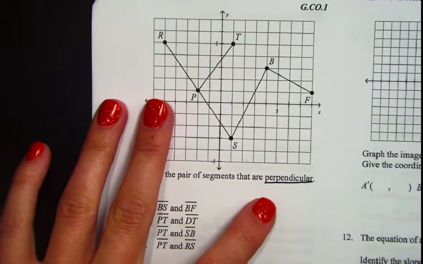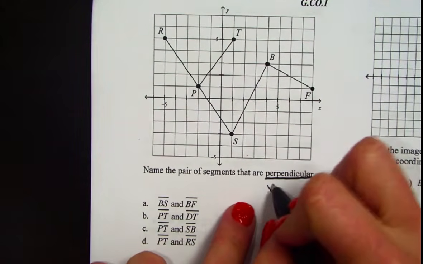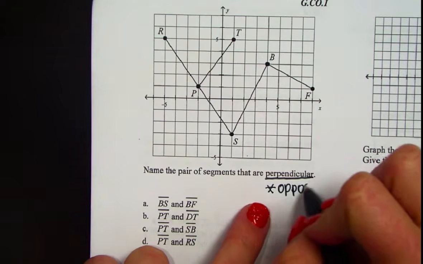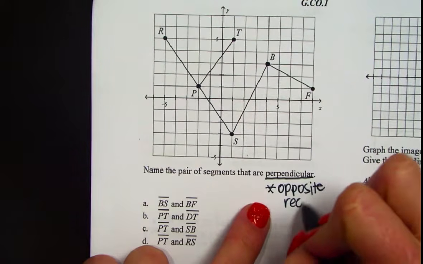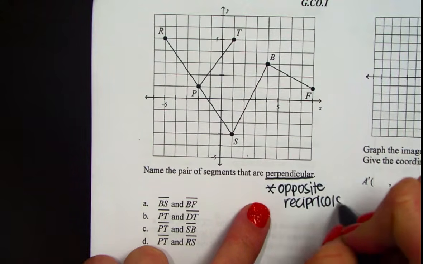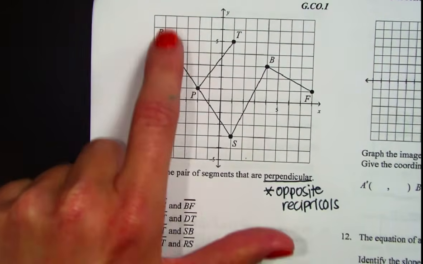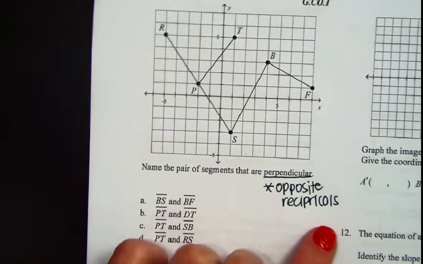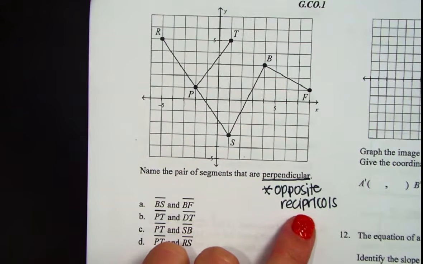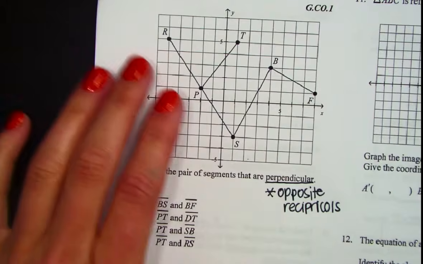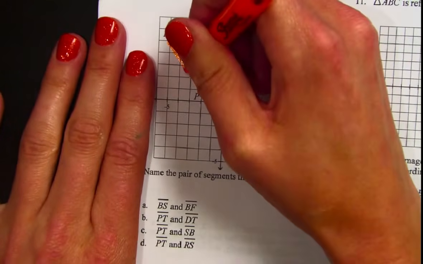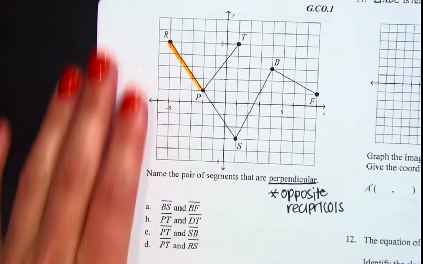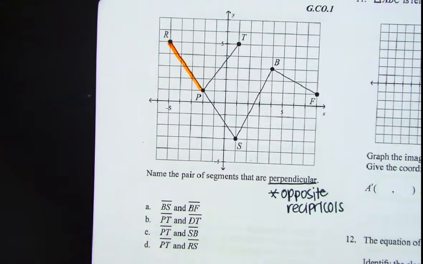A right angle, they intersect at 90 degrees, or if we look at their slopes are opposite reciprocals. So what I'm going to do is I'm going to find the slope of each of these 1, 2, 3, 4, 5 segments, and I'm looking for the segments that are opposite reciprocals of one another. So I'm going to start with RP, and I'm going to calculate the slope of that. So the slope here is going to be